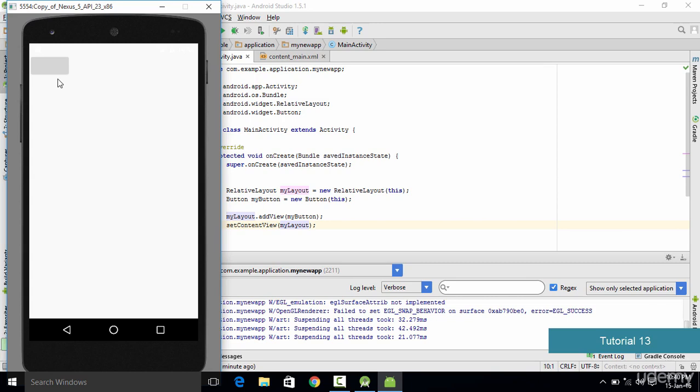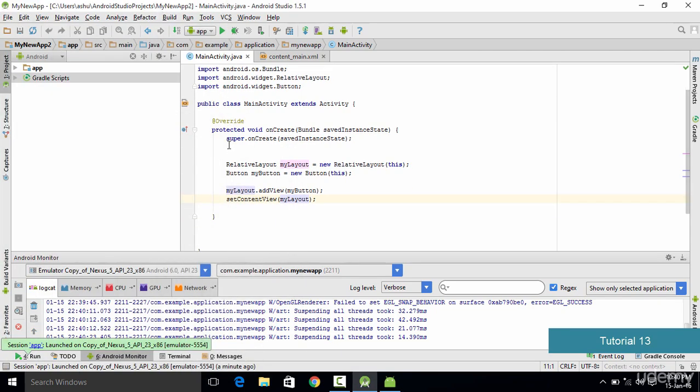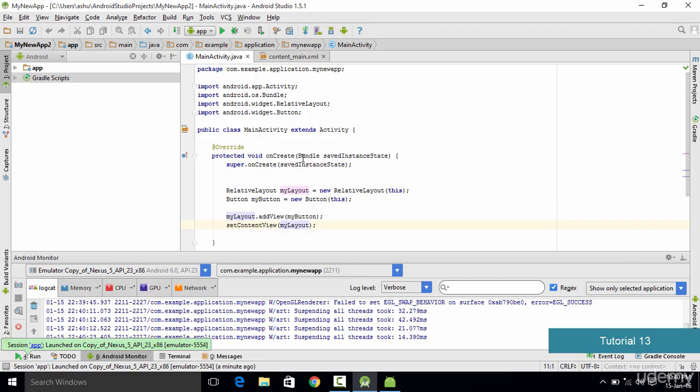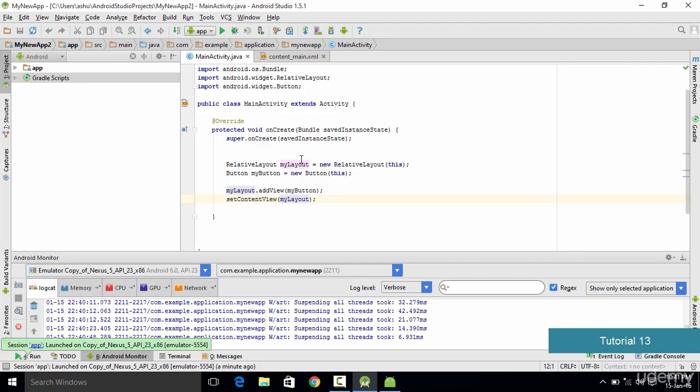So basically what we have learned in this tutorial is how you could use Java code in order to design the user interface. We have gone through a very basic part, that is, we have just studied how we could add a simple layout to your activity, and also how you could create a button. And then finally we have learned how you could add the elements into your layout, and how to set the content view to the current layout. So make sure that you implement this code in your Android Studio, and also make sure that you delete the unnecessary code so that it avoids confusion and you could understand the code in a much better way.